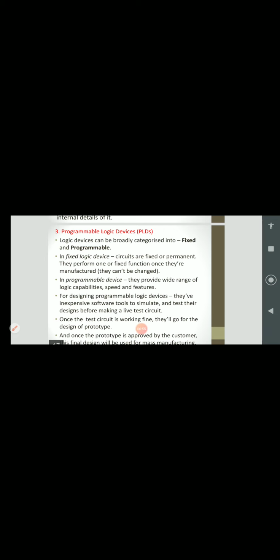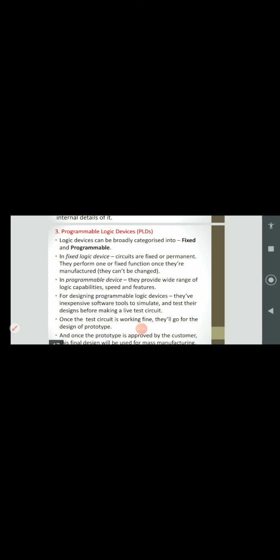And once the test circuit is working fine, they will go for the design of the prototype. Simulation is a software part, so if it is performing okay in the software, it is developed as a test circuit, that is hardware. And once that test circuit is also working fine, they go for the prototype. That prototype is nothing but a first copy of the working device.